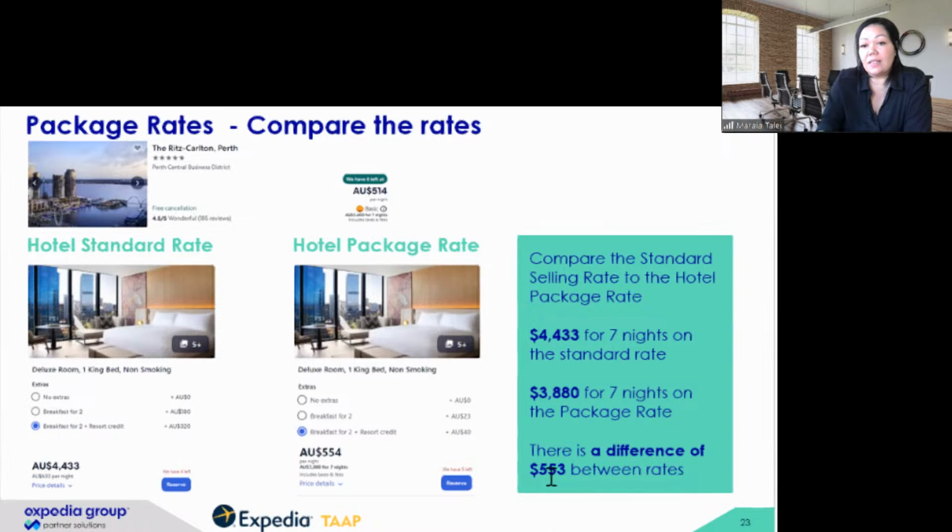Again, this is what you've made at time of sale. And this also can act as your markup. And then you've got your commission there. It drops a little bit because of the heavier discount that you've received on the package rate. So your commission will be basic. And again, that commission level you receive after travel dates. So 553 is what you make at time of sale, and your commission level, which is basic, you receive 1